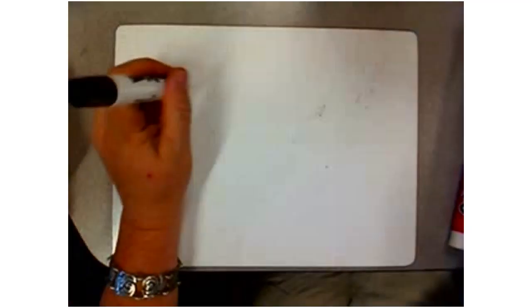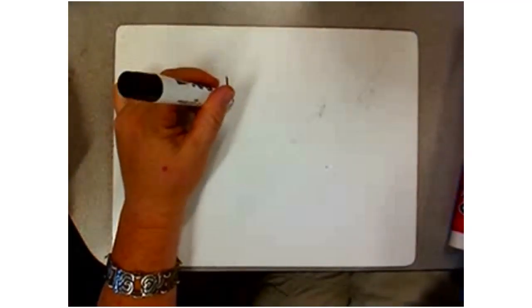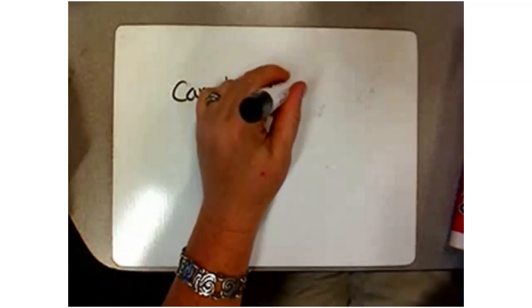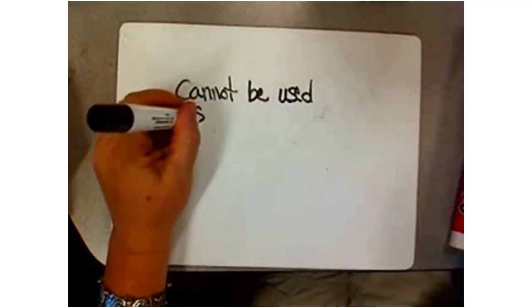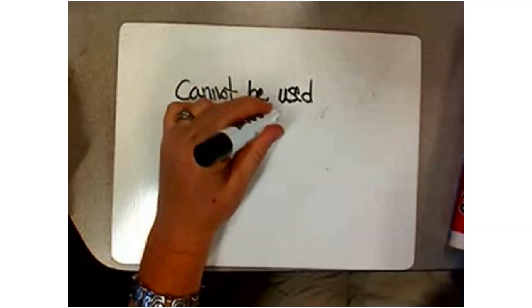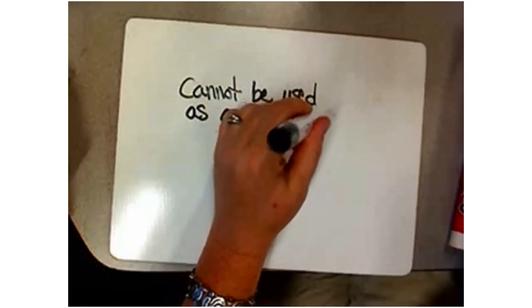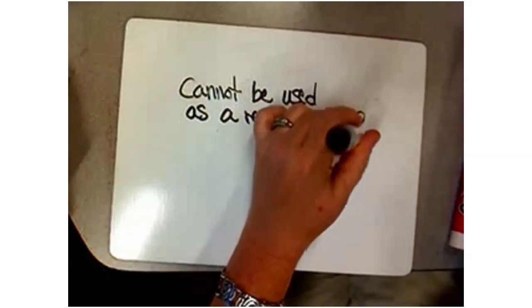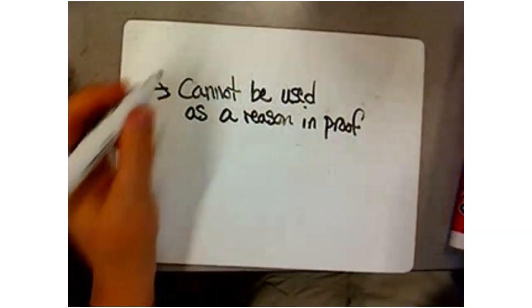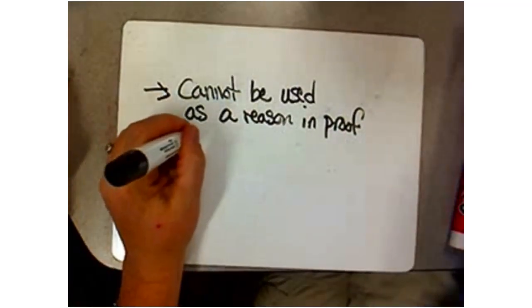Which of the following kinds of statements cannot be used as a reason in a proof? Which of these? I'm sorry, my brain went to something funny. In other words, you cannot use them in court, right? In geometry court, cannot. So your choices are